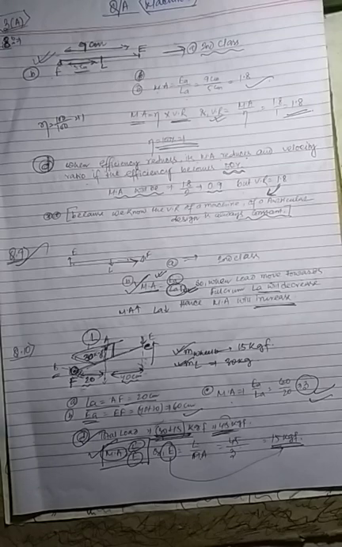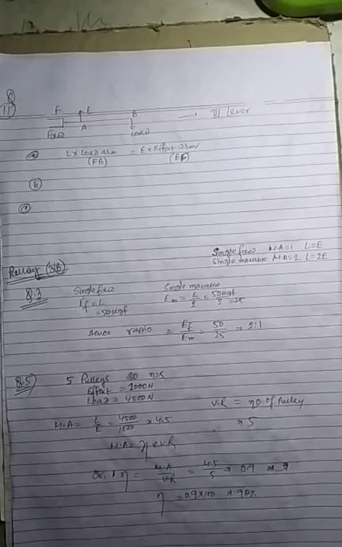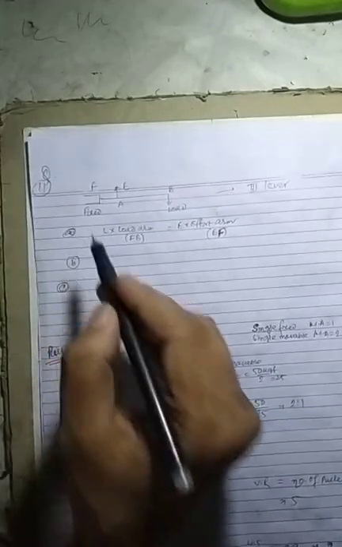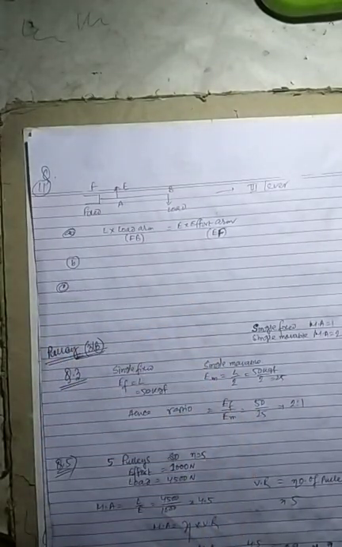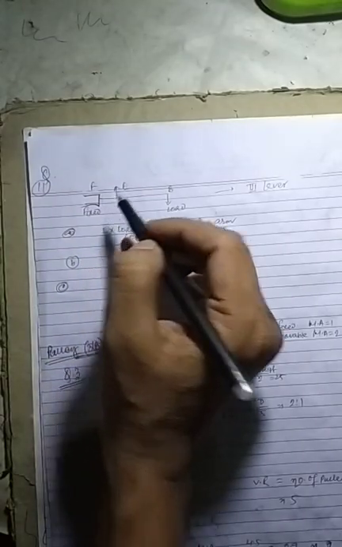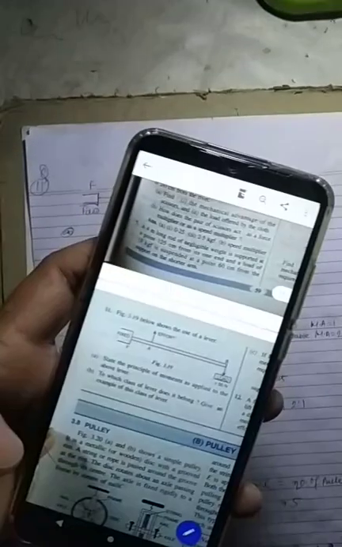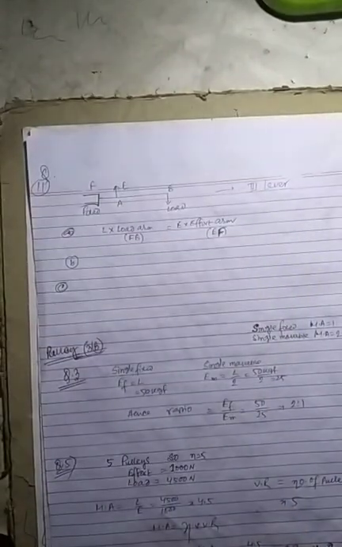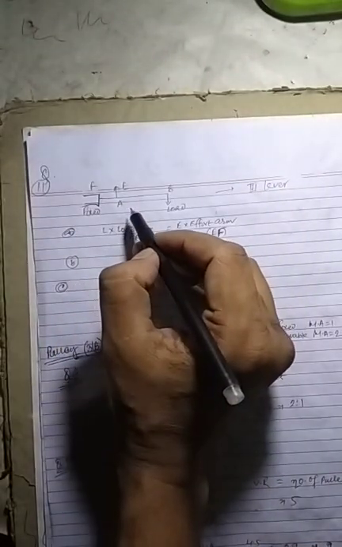Now move to pulley A. There are also 3 questions I solved. Students, another question I have also solved from question number 11. So let's check it. The question is like this. You see, one side fixed is given. You can see this one. So one side is fixed, and a middle drawing is there.